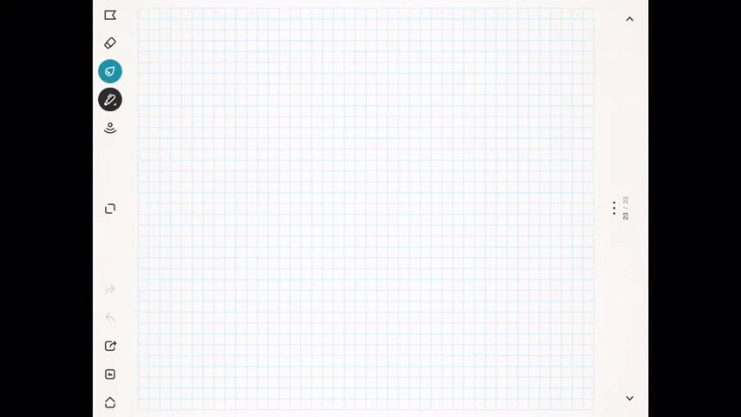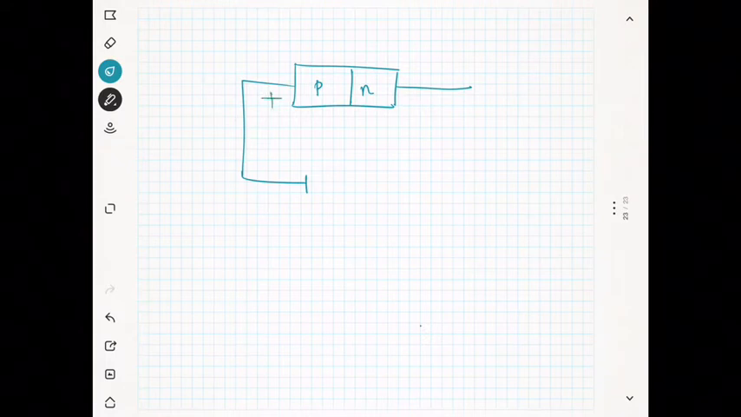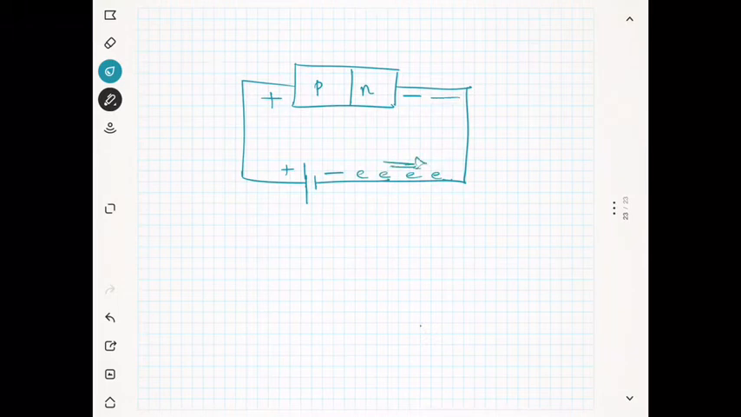So what I am going to explain is that you have a p-type semiconductor and you have an n-type semiconductor. If you connect the p-type with the positive of the battery, and the n-type with the negative of the battery, what is happening is that the electrons will start from the negative of the battery, and they can move like this and penetrate the depletion region,